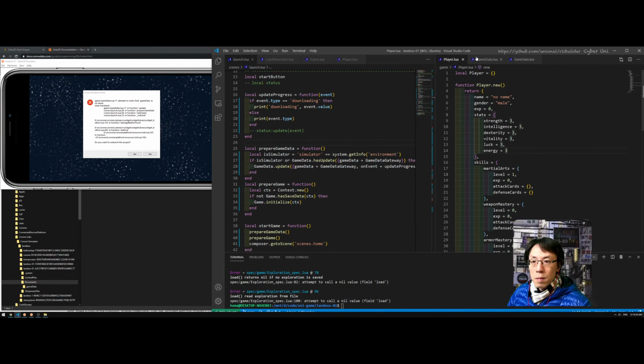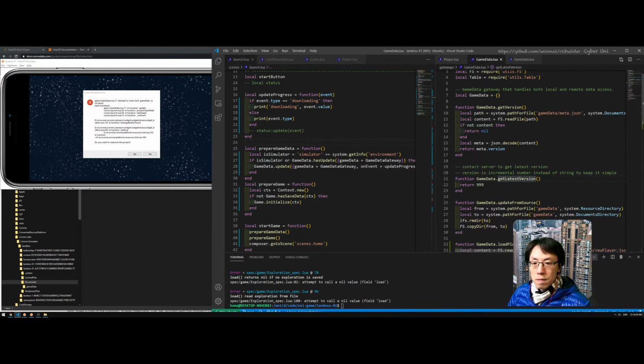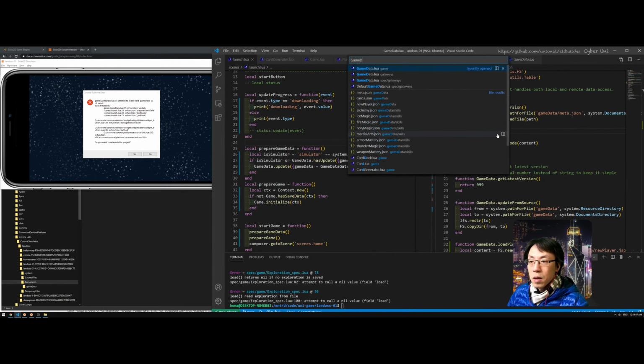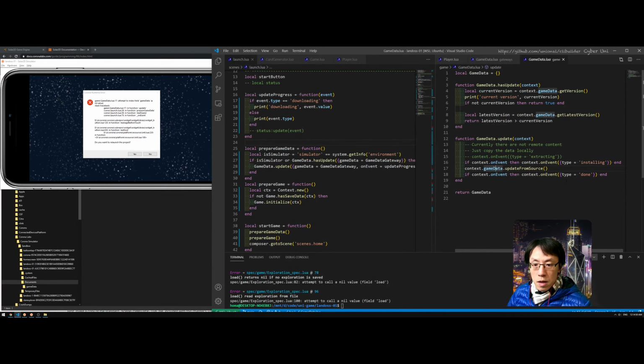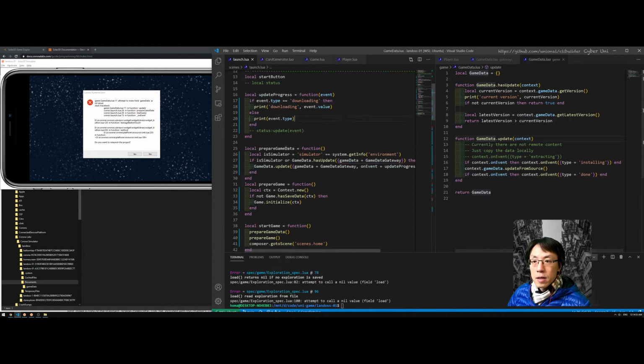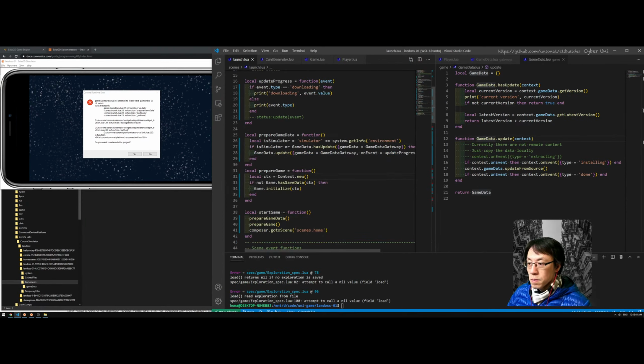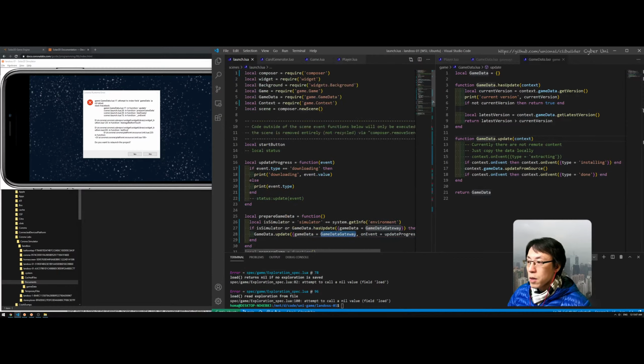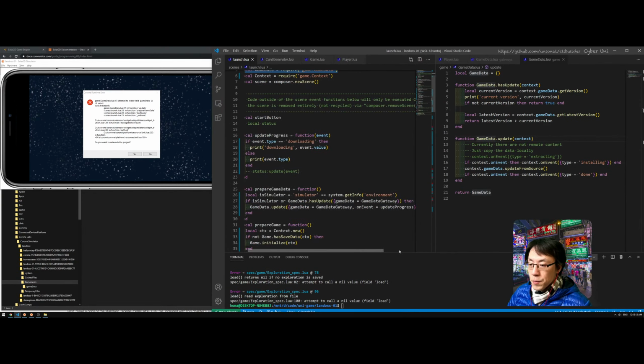So game data line 17. Oh, game line 17 update from source. So game data update is called by launch here, and then have this game data. Oh, I deleted it. Yeah, I deleted it. So, oh well,